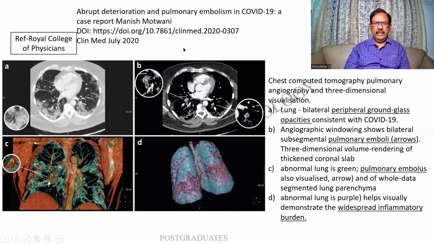Now, what are the changes in the lungs? Ground glass opacity, that is over here, and then there is pulmonary emboli that are shown by means of these arrows. There is also, you find that the abnormal lung is green in color. Maybe it is matching the ground glass opacities over here, and the lung in general, they are swollen. There is a rounding up of the borders, and then there are patchy areas of consolidation. There can be a bronchopneumonia as well as an emphysema that is possible.